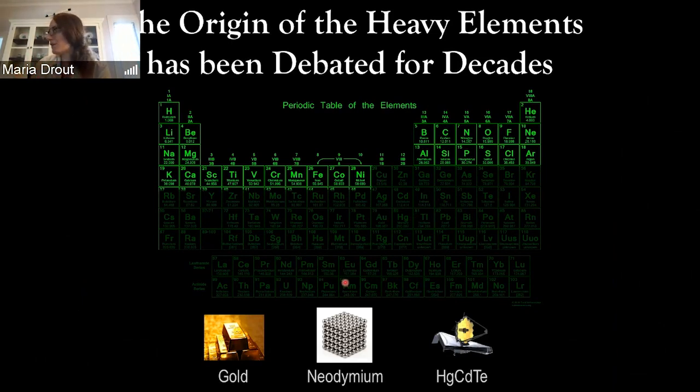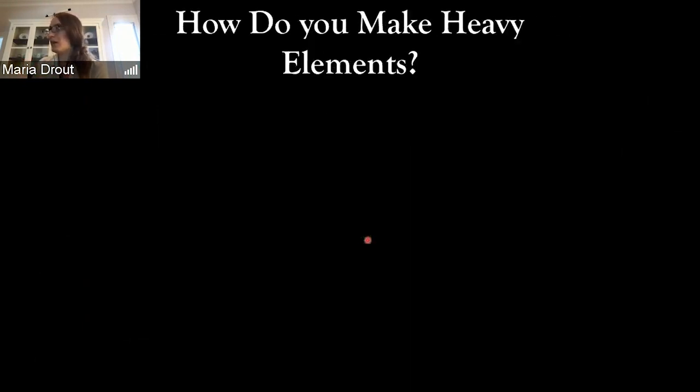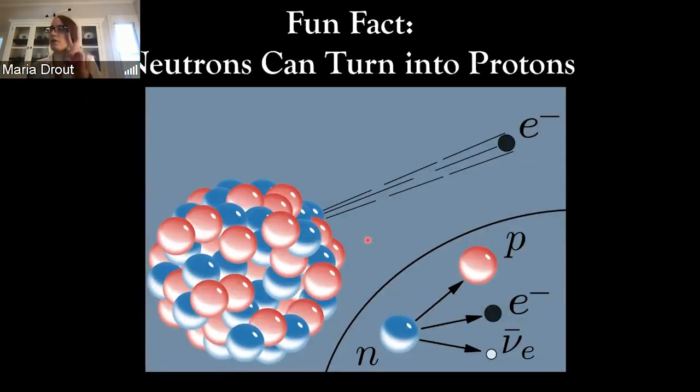So what is that physical process that actually allows us to get past this point where you would need energy to nominally go further? So how do you make those heavy elements? There's one critical piece of physics that you need to link onto to understand this process, and that is that especially when you have particularly large nuclei, there's a non-zero probability that a given neutron in the nucleus of that atom will spontaneously undergo a beta decay.